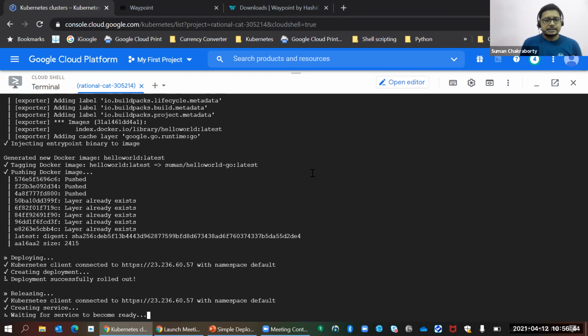So once this is done from the deployment side, then the service of type load balancer is created, and the corresponding endpoints then point to the application pods.